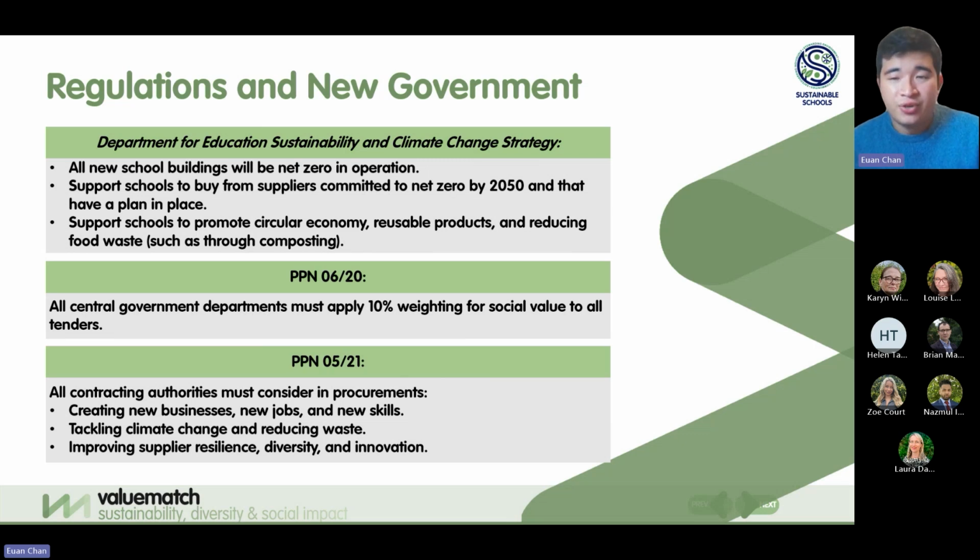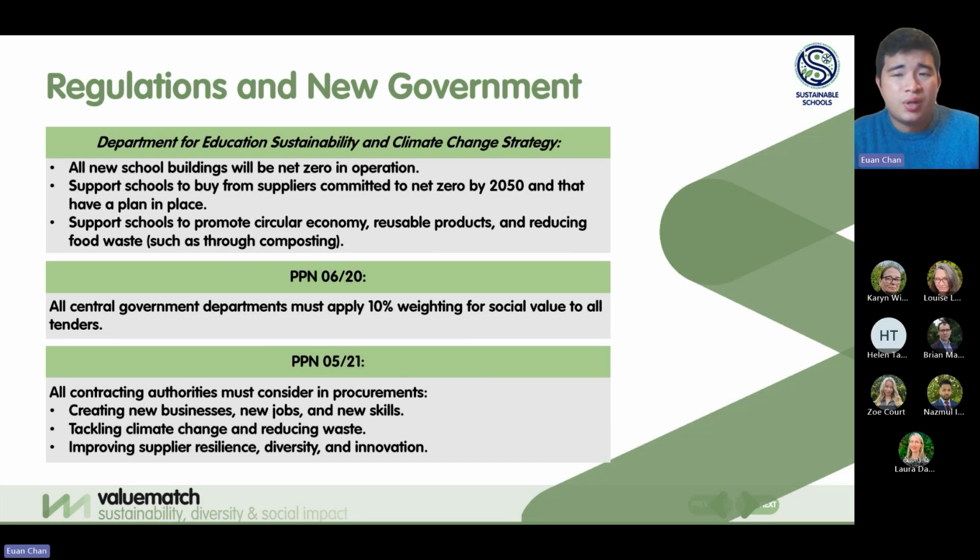All of these actually relate to social value themes, especially like fighting climate change, equal opportunities, developing the workforce's skills. And suppliers need to really start thinking about how they can add value to schools by addressing social value themes that go beyond just the delivery of a contract or a project. We need to think about how we can deliver social value as a standard value add through a contract.